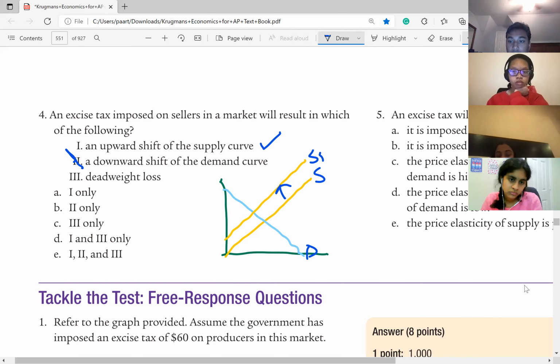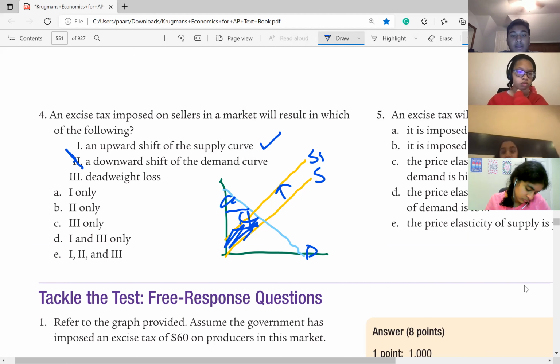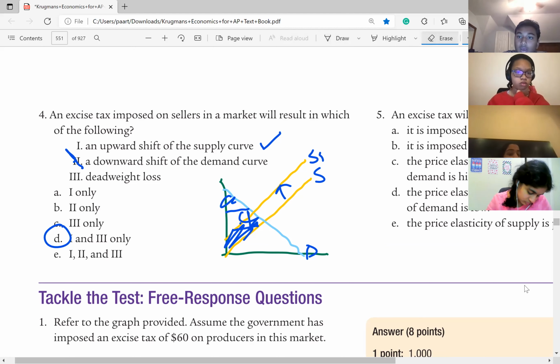And then, oh, I guess Medha left. And then deadweight loss, because remember when you're doing this, it's like this, and then there's also that, and then there's deadweight loss, the triangle in between, right? So this would be the producers, consumers, then the tax revenue. So it would be D, 1 and 3. Okay,